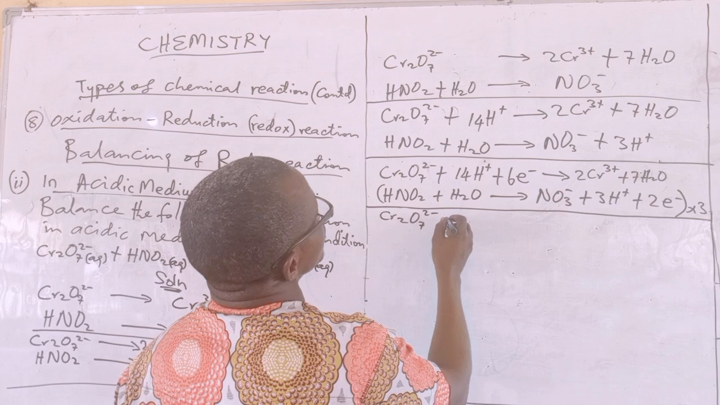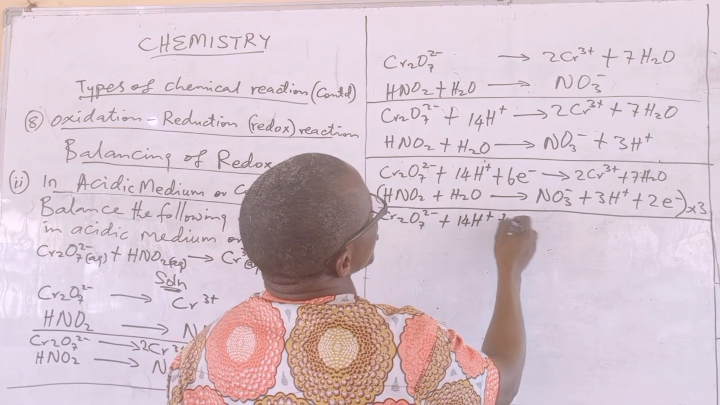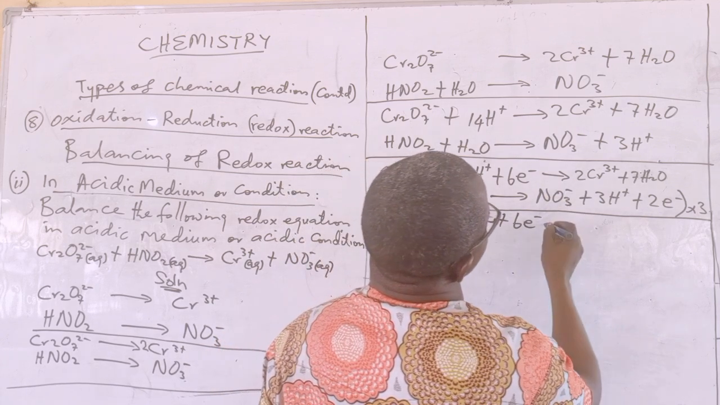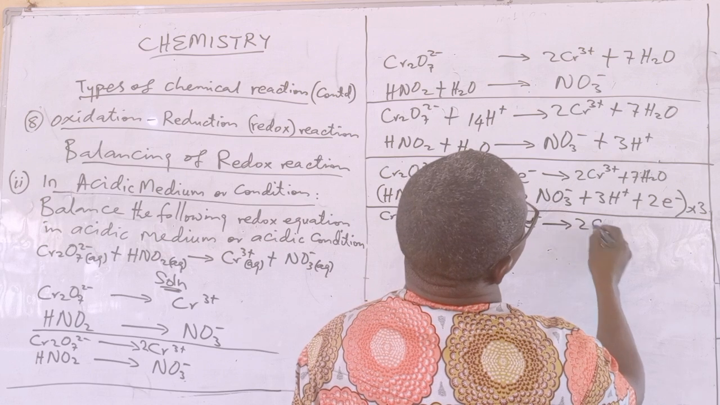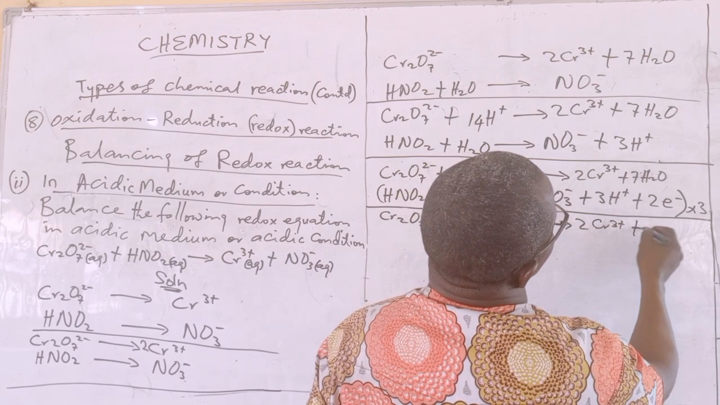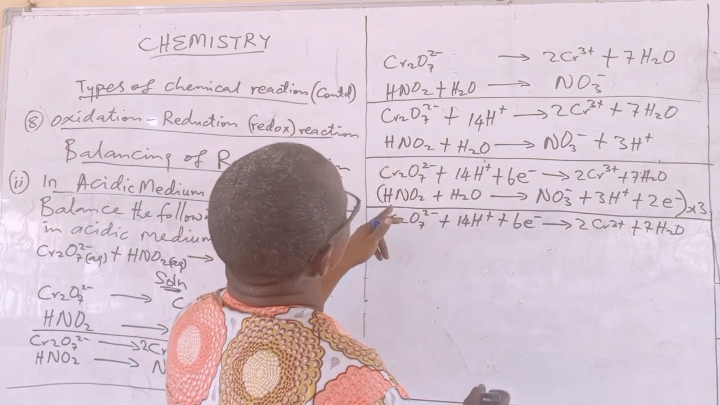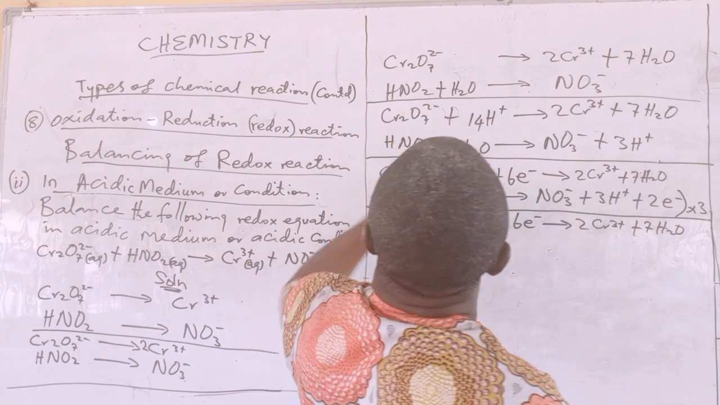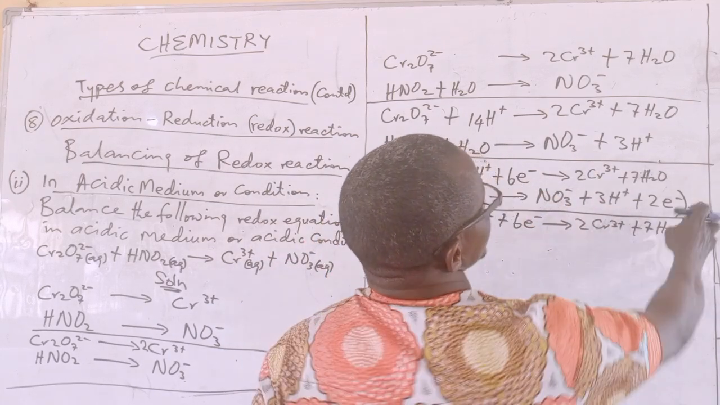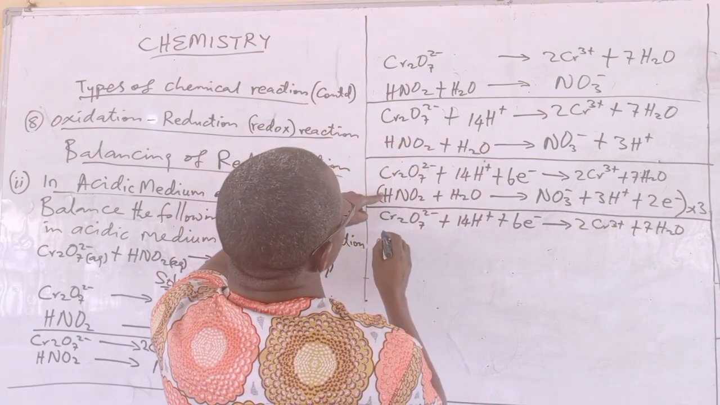Cr2O7 2 minus plus 14H plus 6e minus, okay, arrow 2Cr3 plus 7H2O. Now, I did not multiply that. If you multiply, it should be 1 with 1 so that you still retain this value. But this one, I will multiply it. What, 3 times 1? I will have